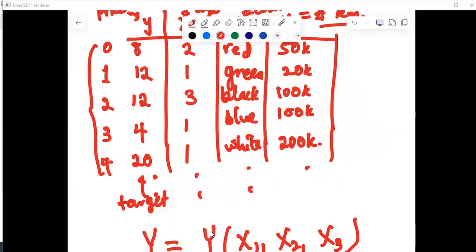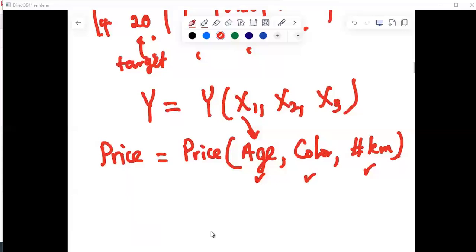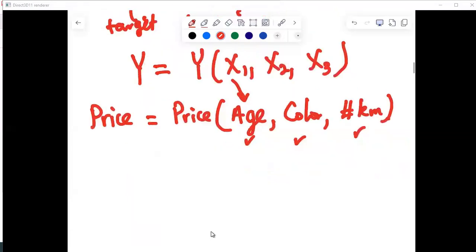In some cases, you can do millions of cars if you go across countries. But let's say you stay within a country, you can go up to thousands of cars. The goal is to say, once I give you the age, color, and number of kilometers of another car, what's the price? So if I give you that the age of the car is 3 years, and it's a red car,